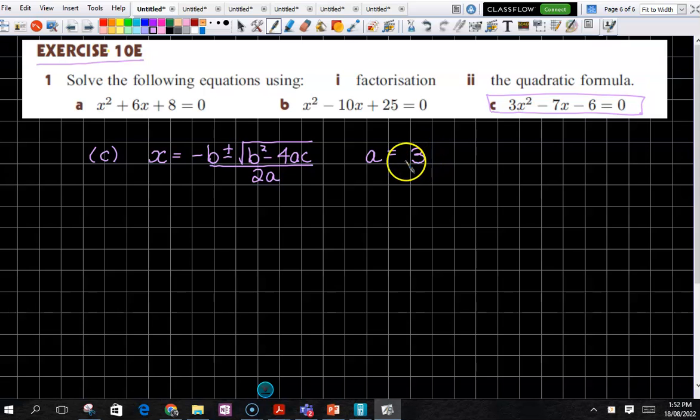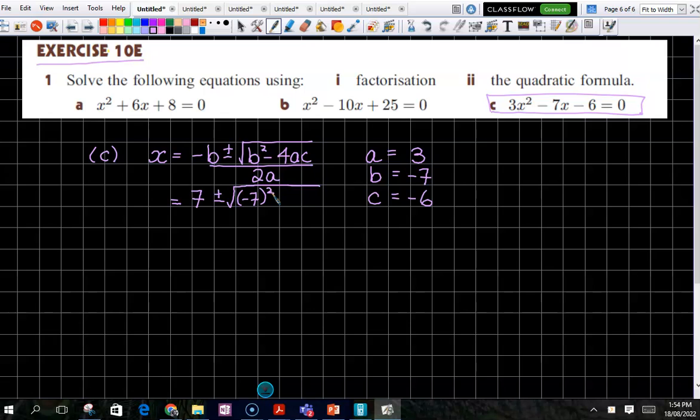I don't think you need me to write it, but I'm just going to since it's the second one we're doing. A is 3, B is minus 7, and C is minus 6. If B is already a negative, what's a negative negative? Positive. So, can everybody try and do their line of substitution? I'll be right behind you. Minus b, so minus 7 is just 7. Plus minus, square root, now minus 7